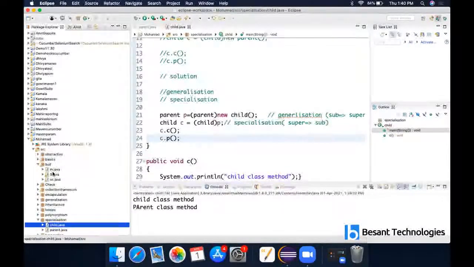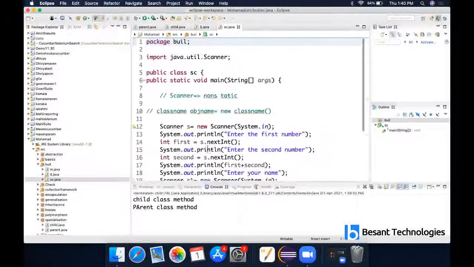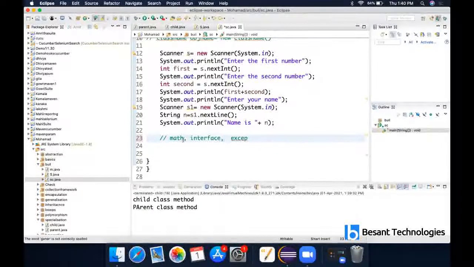So what is the remaining topic for us? I think exception handling is there, interface is there, right? Inheritance, we have seen. Interface, arrays, and exception handling, these three topics we are having. Scanner, we have seen. Math, that one is finished.